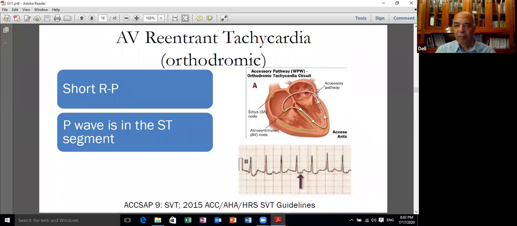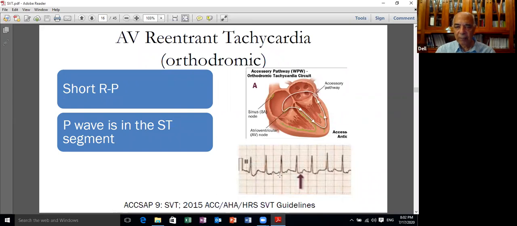If the accessory pathway conducts anterogradely, then the impulse can go down the accessory pathway. Under these circumstances, the patient will have a delta wave in sinus rhythm, so you know that he is having a manifest, not a concealed, accessory pathway. It conducts down the accessory pathway and up the AV node. This is antidromic. The orthodromic, ortho in relation to the AV node, is characterized by a short RP tachycardia.